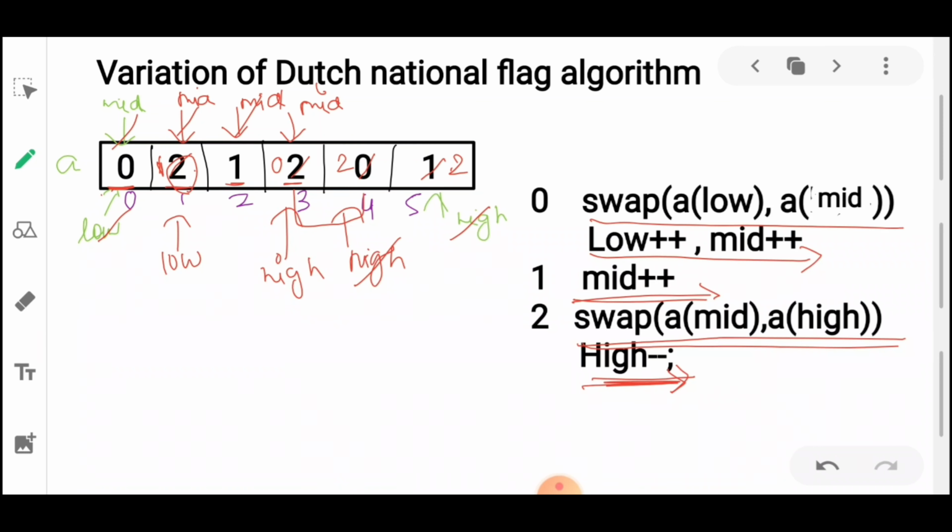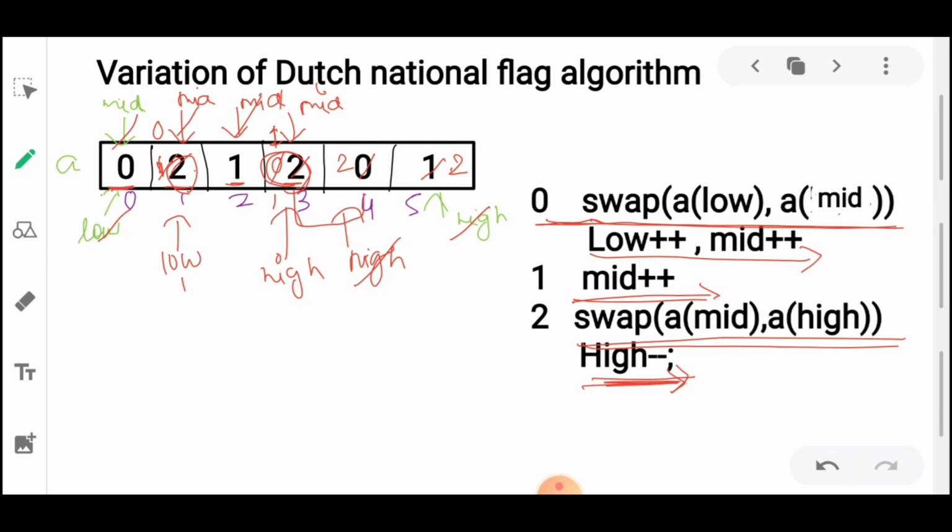Then again we'll check our A of mid. A of mid is here only right now, so again we'll check. In this case our A of mid is 0, so we'll just swap our low and mid. This is low, this is our mid, so we'll just swap it. After swapping, 0 will come here and 1 will come here.